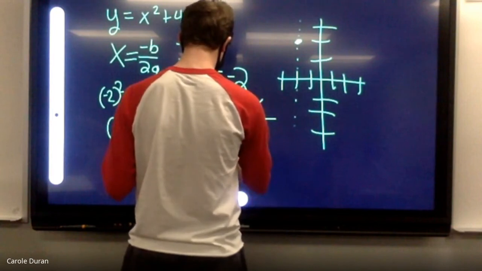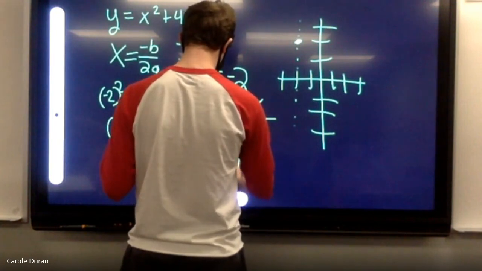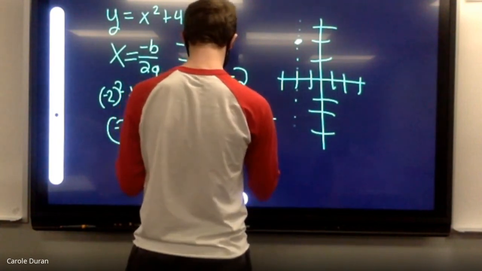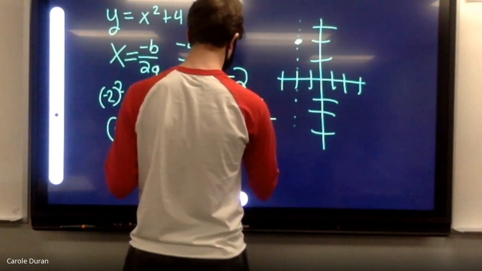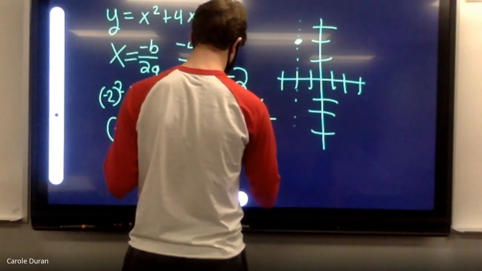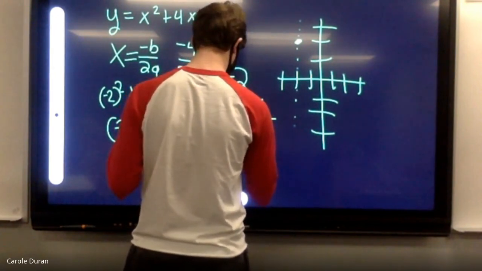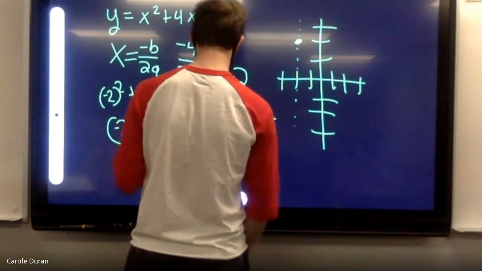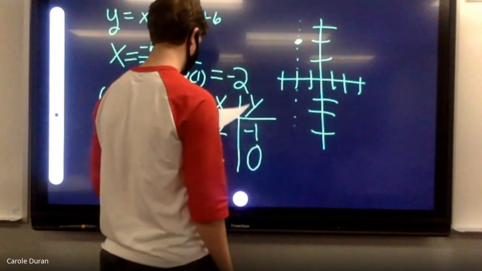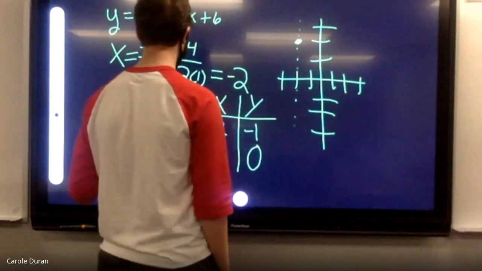Okay, and then we plug in 0. Okay, pay attention to what Grant is doing, because we need 4 more points to graph this parabola. Does that make more sense? Okay, so once we graph this point, this is where I pick the 2 numbers that are directly